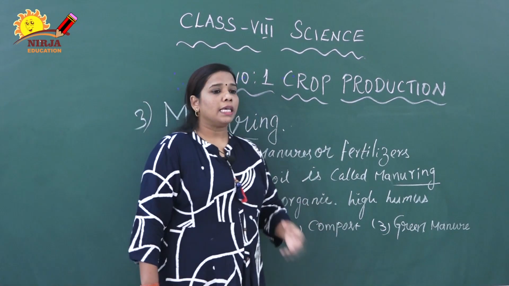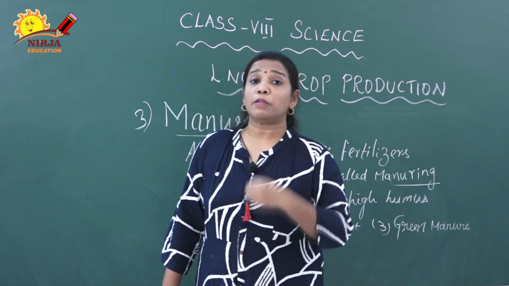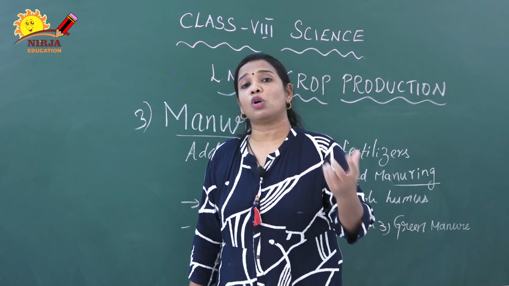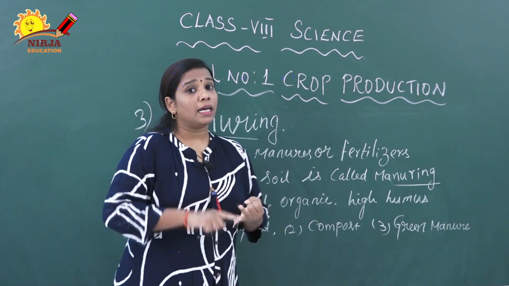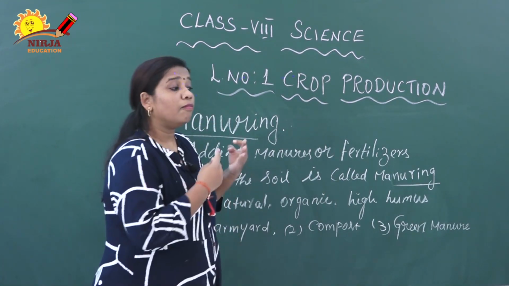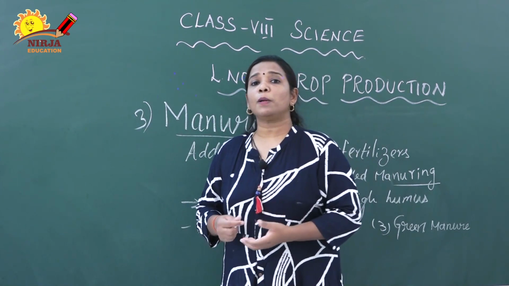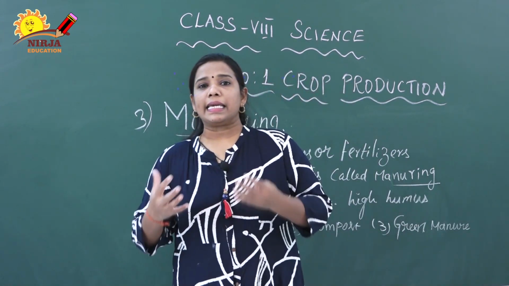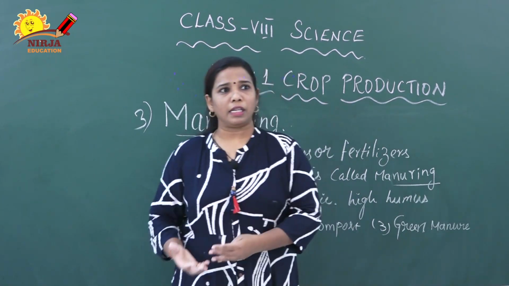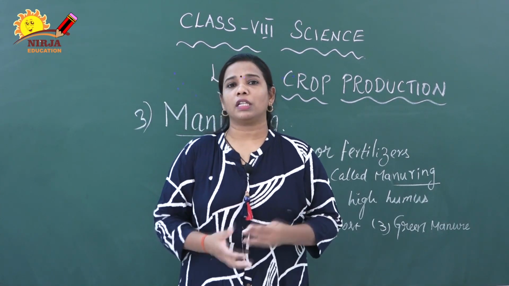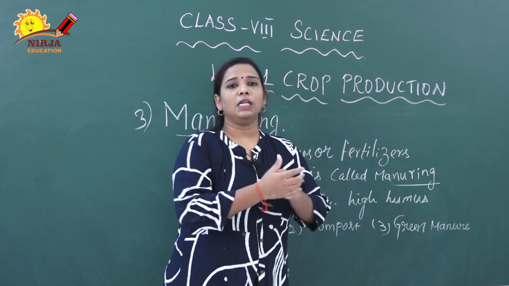What is humus? A black colored substance which gives more growth to the plant, and at the same time provides more nutrition to the soil also. So manures contain high organic content, high humus, and are natural sources also. How are manures prepared? Manures are prepared from dead and decaying matter of plants as well as animals, like animal waste or animal materials and plant waste products. With the help of these materials, the manures are prepared in the field.